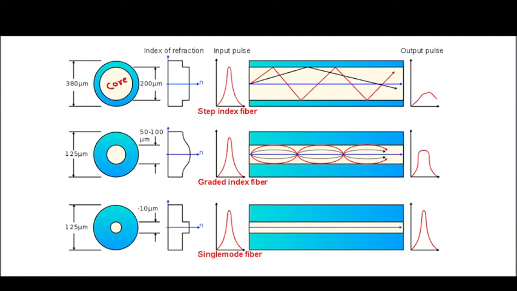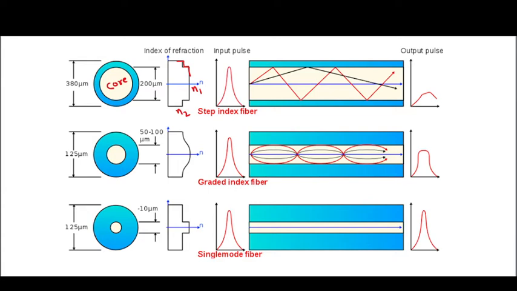And the refractive index of the core is constant. You can see here it is constant, and this is N1, the refractive index of core, and this is N2, which is the refractive index of clad. And the change in between the refractive index of core and clad is just like a step. This is a step here, and this is a step, and therefore these kinds of fibers are called step index fiber.